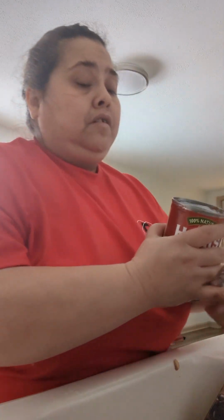And I'm going to go over and take this and drain the water out of the whole can of tomatoes. So this is a little trick. If you don't have it open wide enough, instead of cutting yourself,